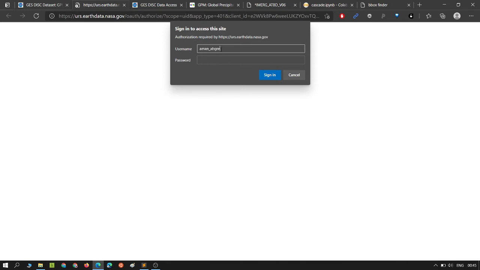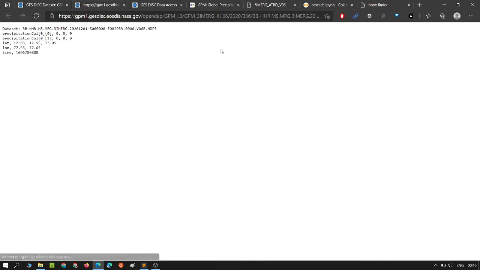I'll provide my credentials. Okay, so this data set has a first line, and what these values represent is given in the metadata.